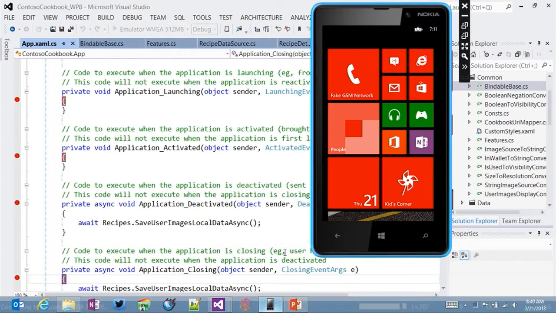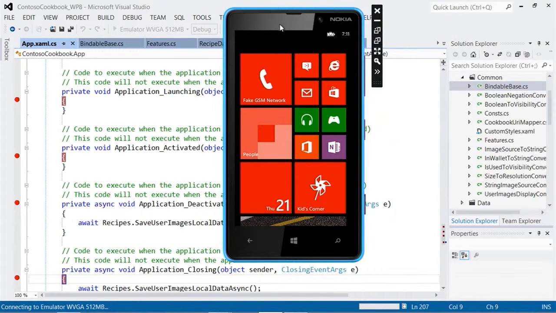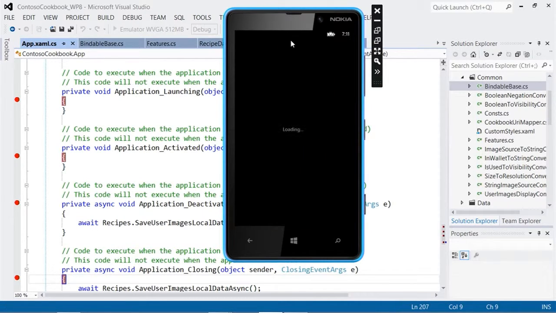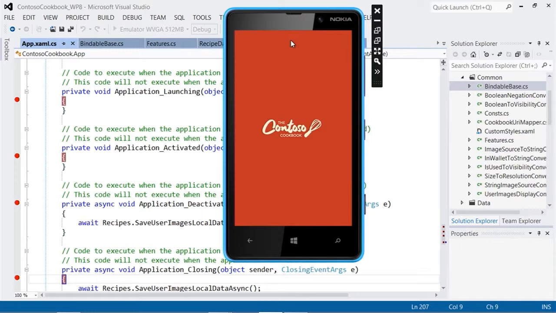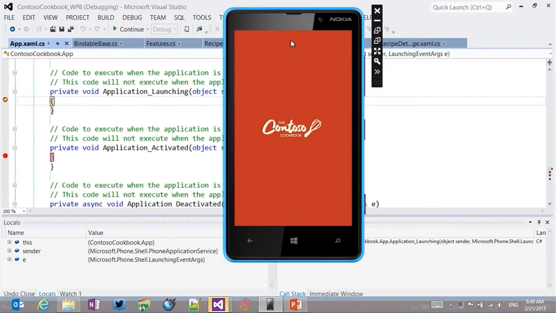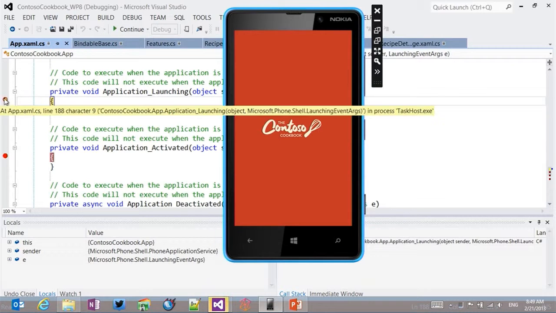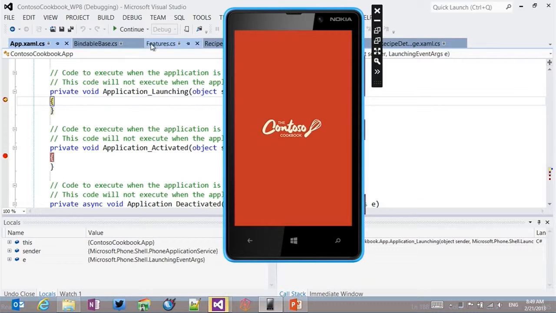I bring my handy-dandy Windows Phone emulator that's running, it's deploying it, and so here is my app that's starting, it's loading, and in a second you should see in the background that the launching event should trigger a breakpoint, and there it is. So there's my application. You can see it in the background there. My application launching event has been triggered. If I continue,